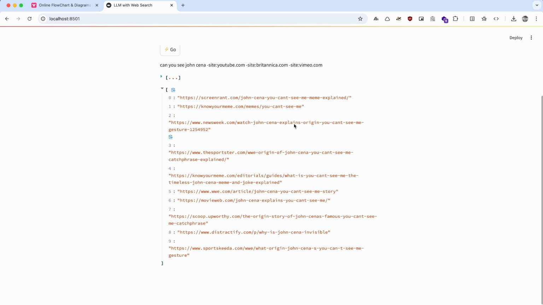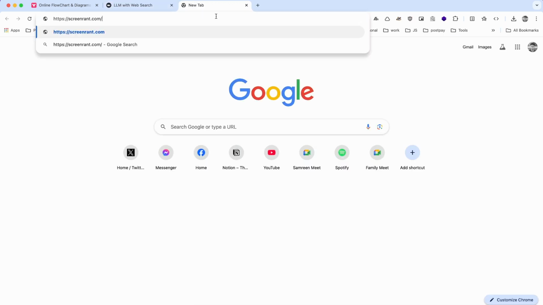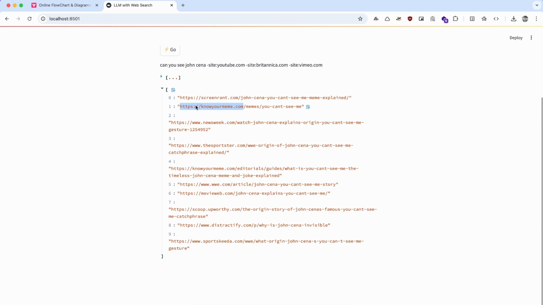So we are going to check the robots.txt file for each of these websites. Let's say you have screenrant.com. If I take this URL and go to robots.txt, there are going to be some disallow rules, which basically say do not go into these paths and try to crawl anything like that. But if there is nothing, then you can crawl it. So we are going to respect that,